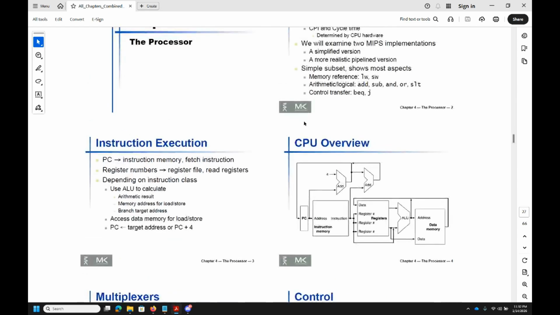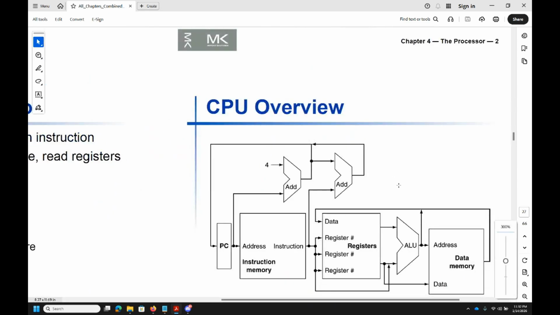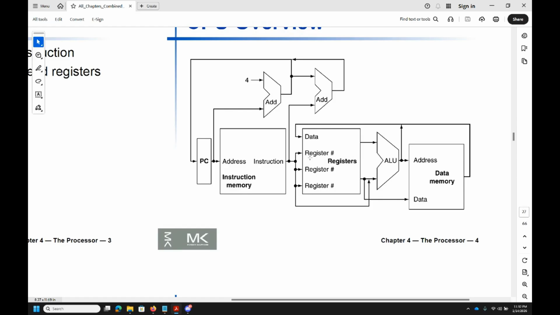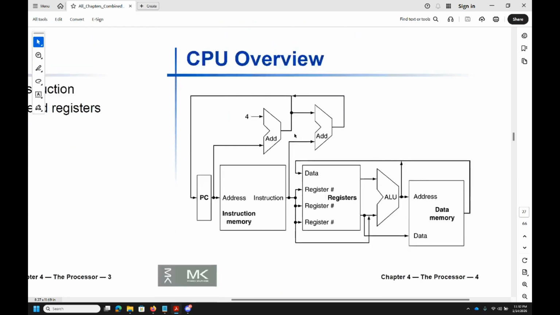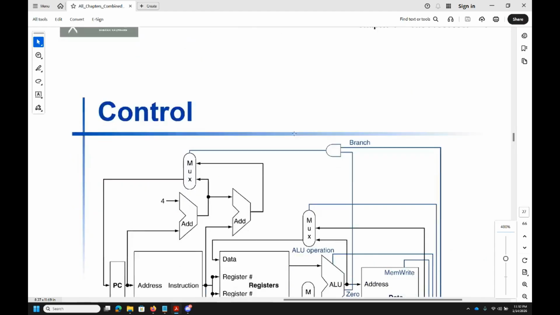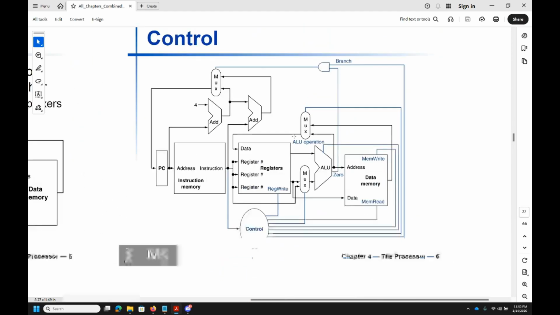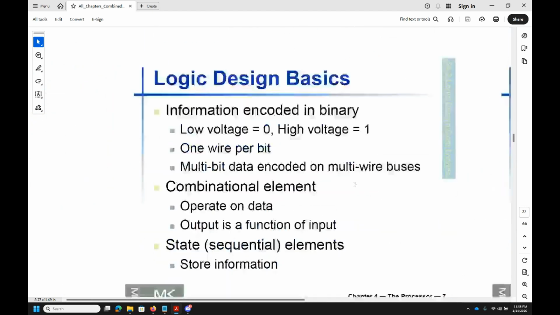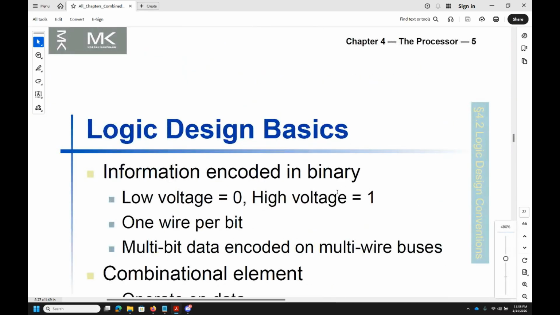And then finally, all of this is happening, but in the design that we have above, this first CPU overhead slide, there's a problem. What if there is a loop, or we have some instruction which we are not sure how we are going to execute? So you need to make decisions, right? To make that decision, you need something called a control unit. So we add that control unit to the CPU, and this control unit connects to basically all of the units so that it can make decisions on whether to load something into the register, or load something into the data memory, or to load something into the ALU or not, right?